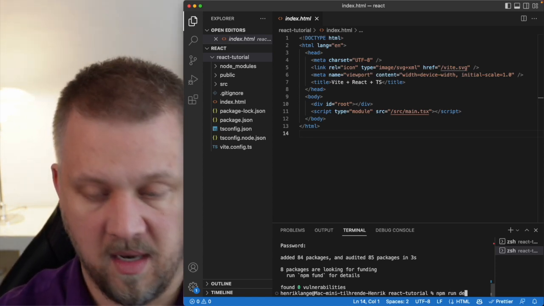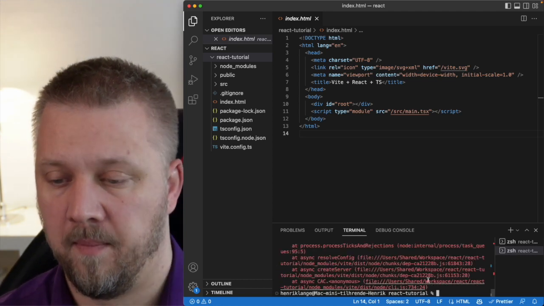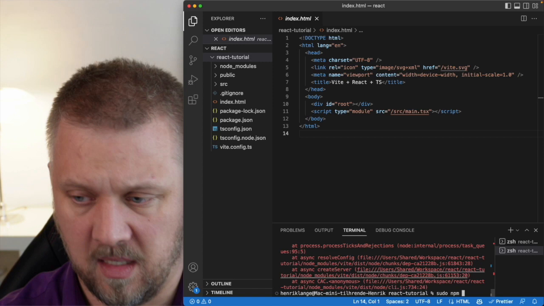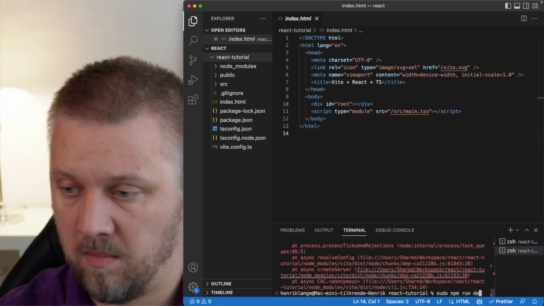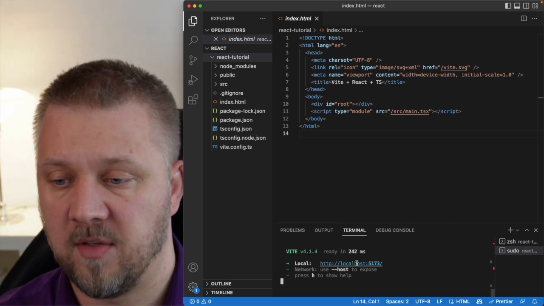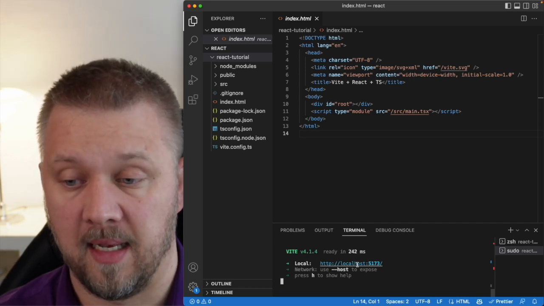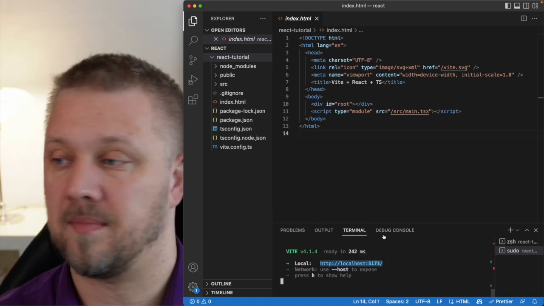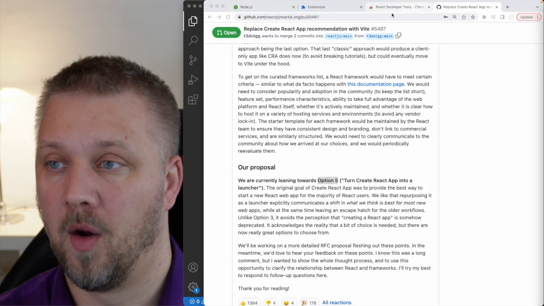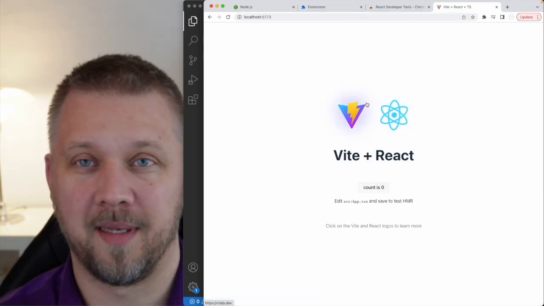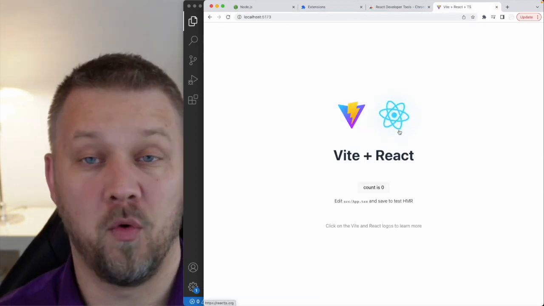npm run dev. I suppose I have to do that as a super user as well. And that gives me a link right here, and I can click on that link, copy it, open up Chrome, paste it in here, and ladies and gentlemen, you can see your first React app running right